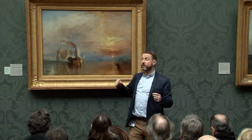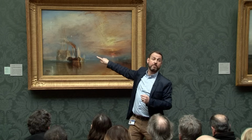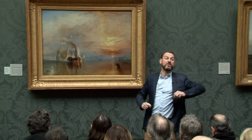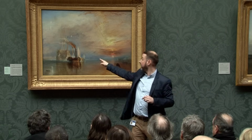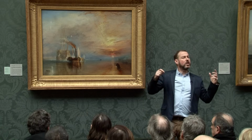And Turner is showing us this by showing all of these ships on here, particularly this one, I think, behind the tug. It looks to me as though the tug is slightly pushing him out the way. Come on, out the way, I'm putting this big boat. This other ship is going, oh, better move, don't want to be sunk. Turner tells us